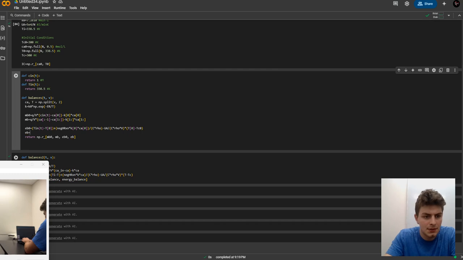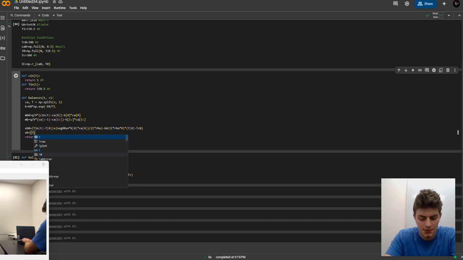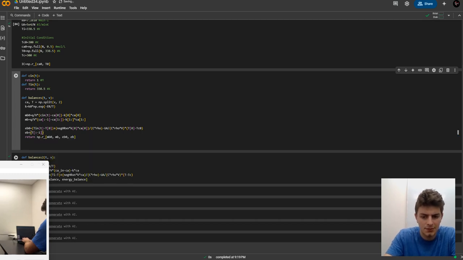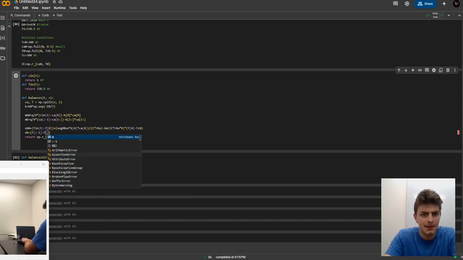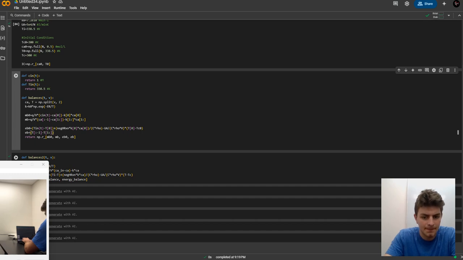Similarly for EB, it's going to be virtually the same formula. So what's coming into this tank is going to be what's going out of the last one. So T from the very first T to the end, I believe. Yeah, that sounds right. We'll try it and see what works. Minus T, and this should be from the second one to the end. Okay. Plus minus delta H reaction